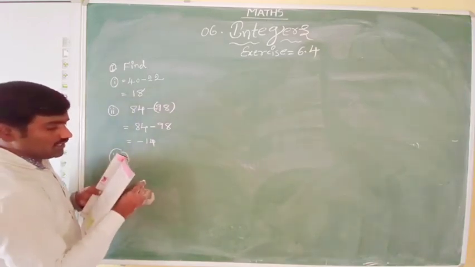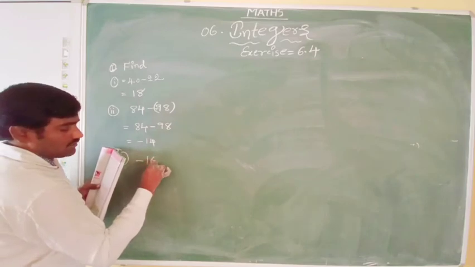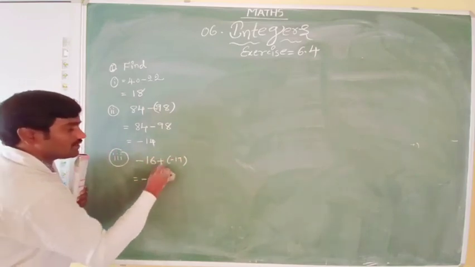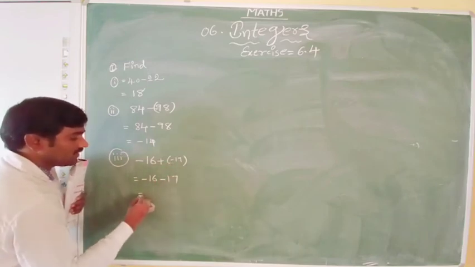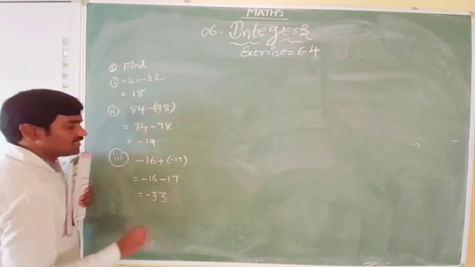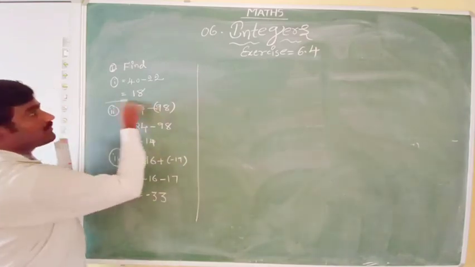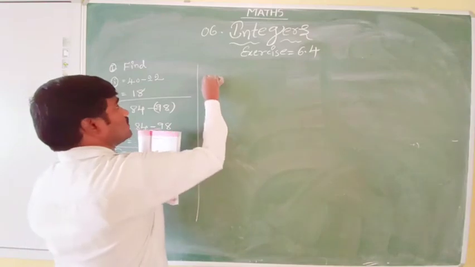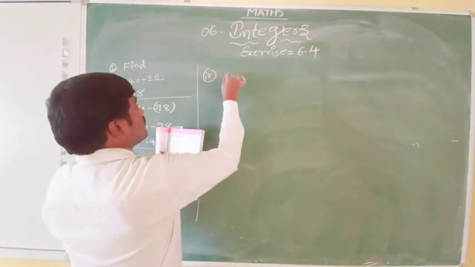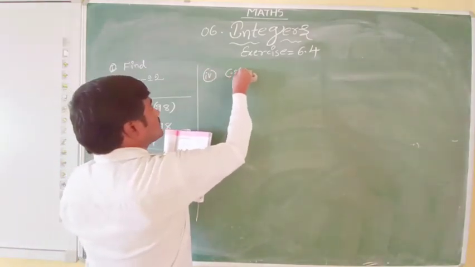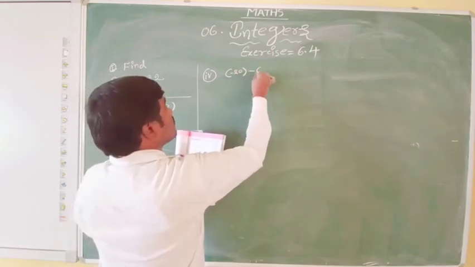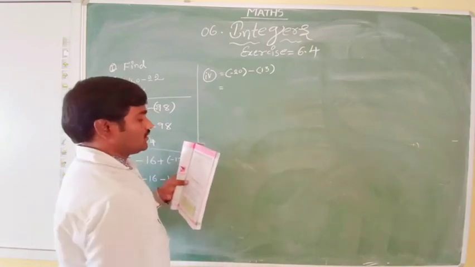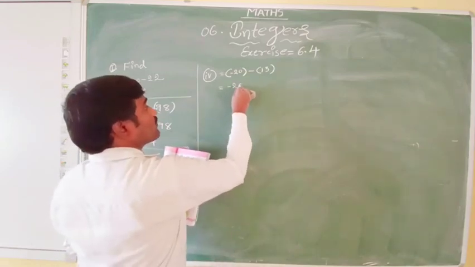The third question is minus 16 plus of minus 17. That is equal to minus 16 plus into minus 17. That is equal to minus 16 minus 17, minus 33. See that? What kind of problems did we get? Same again, simple problems, very simple problems. Just do not make a mistake in these simple calculations. You get a lot of basics in 6th class and 7th class only. Okay, later we will have very big problems.